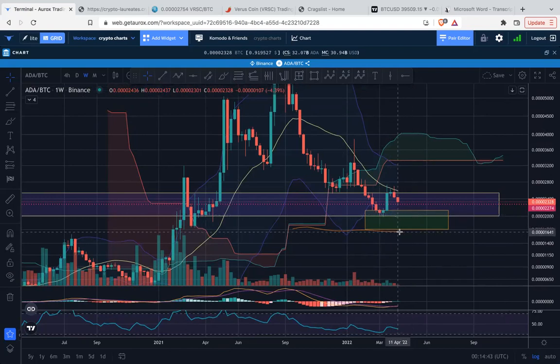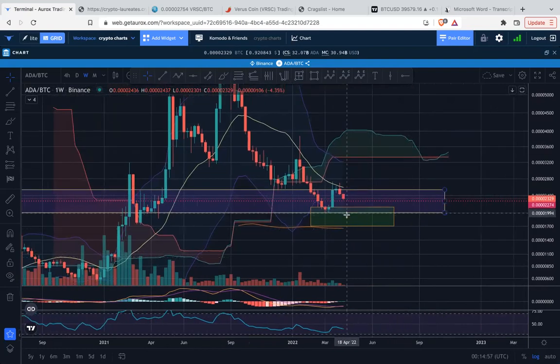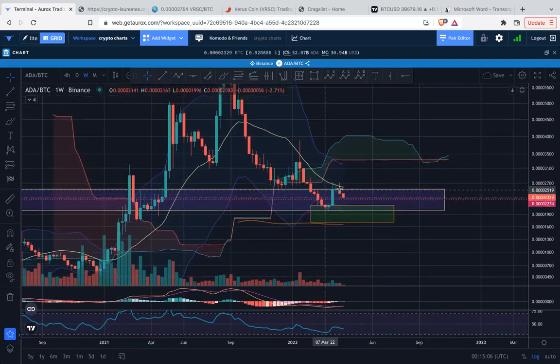Will there be a wick down to like 1,600 on the weekly, touching the 200-week moving average? Maybe it doesn't have to get all the way down there. And maybe it does. We'll see what happens. But I think at least to the lower end here is the call for the ADA price at this time. Rejection at the 20-week moving average, come back down and retest the lower end, potentially move down to the 200. Of course, there's always the potential to move higher towards the upper end of the Bollinger Band, but there's weakness here, and so we'll see. Okay, that's it for ADA price.